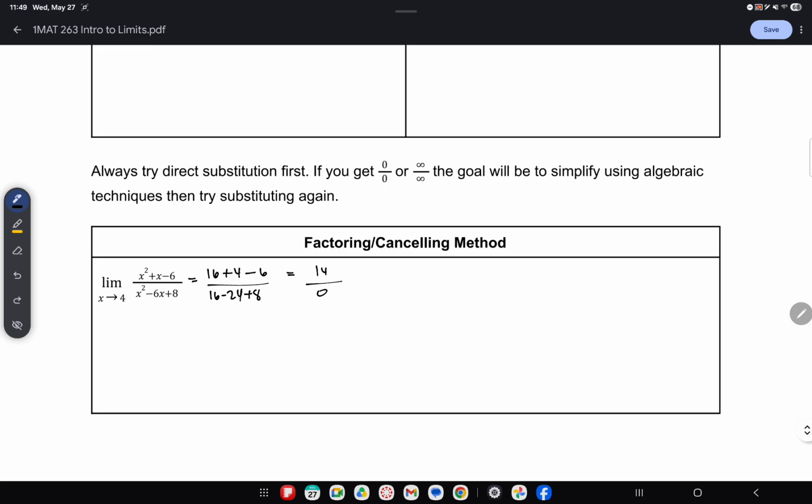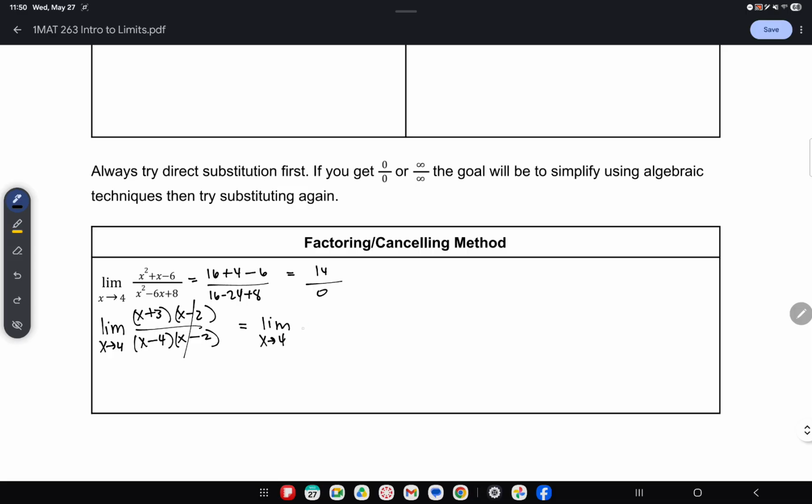Because the direct substitution didn't work, I'm going to try factoring, and I need to keep that limit notation. So the numerator, I could probably factor into 2 numbers that multiply to -6 and add to 1, probably 3 and 2, and I want a positive in the middle. And then the denominator, we get what? Probably 4 and 2, and we want negative in the middle. Oh, negative for both. So if I cancel out this factor of x minus 2, I'm left with the limit